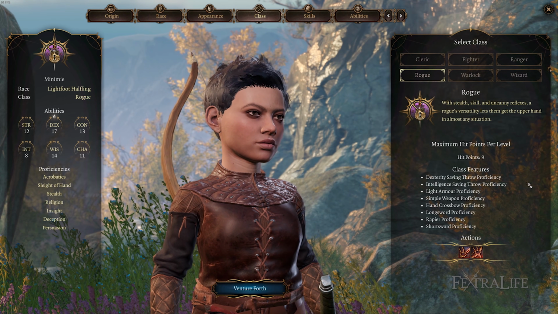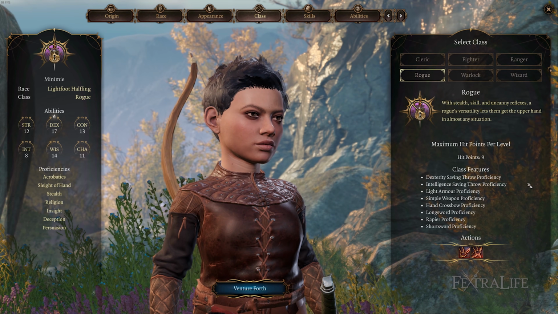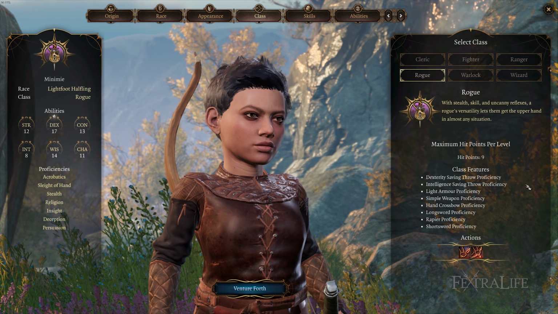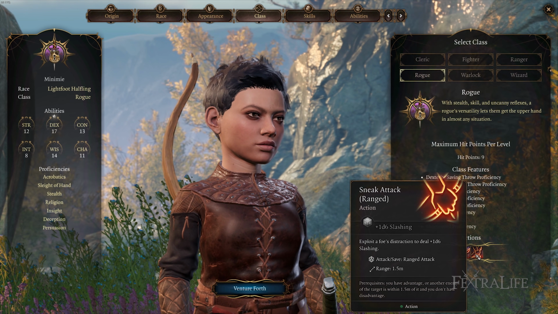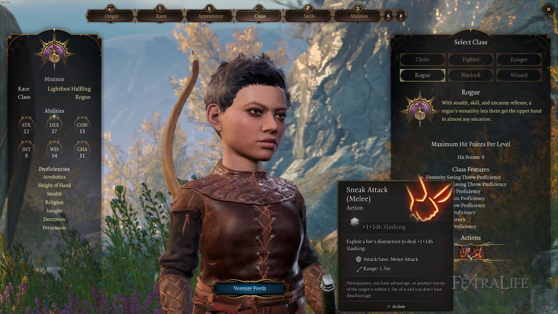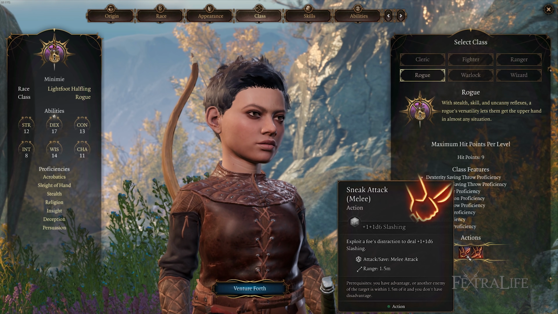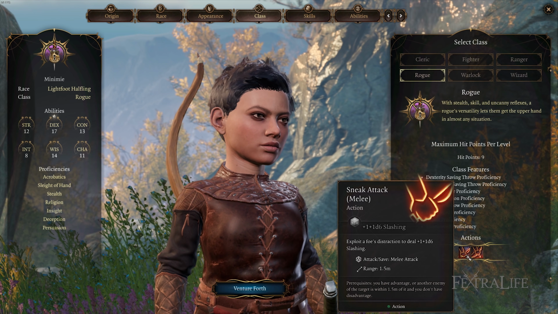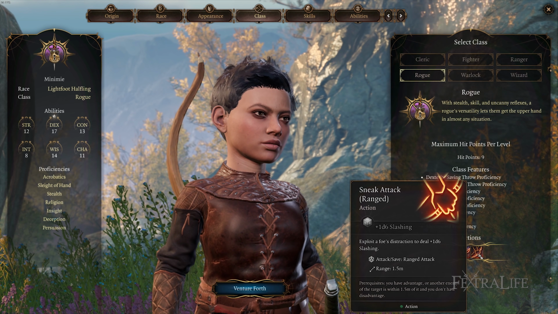Or even if a target you're fighting has another character next to them, you can do a lot of extra damage with the sneak attack ability of the rogue, which makes it very, very deadly. Sneak attack allows you to basically add an extra d6, a 6-sided die, to your attack if you meet the conditions, which again is if you have advantage, which is either you're high above the enemy, or if you're